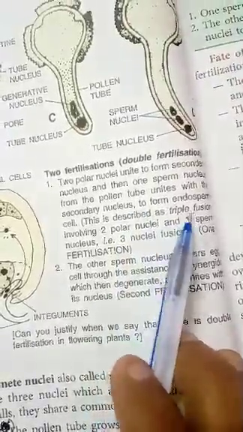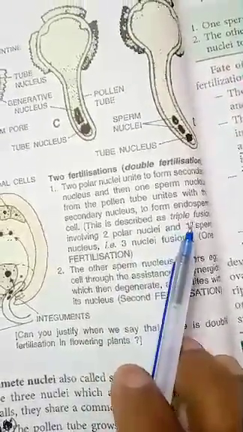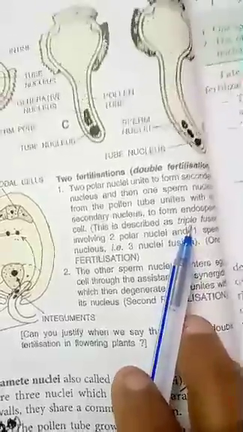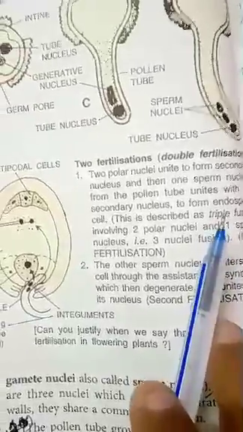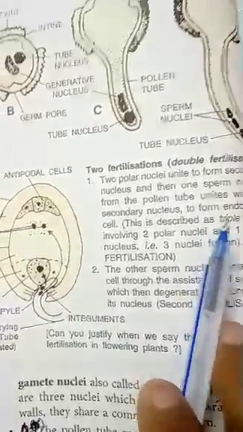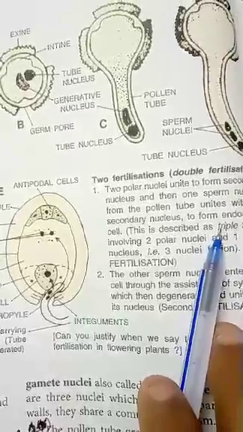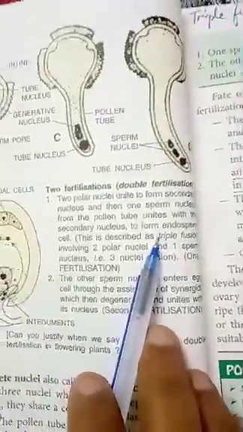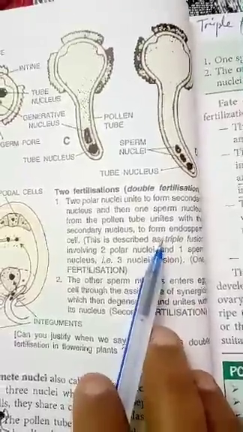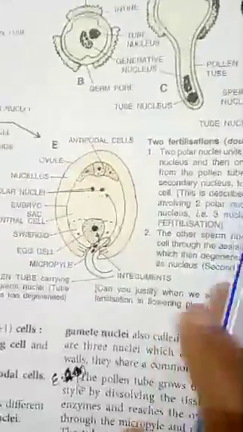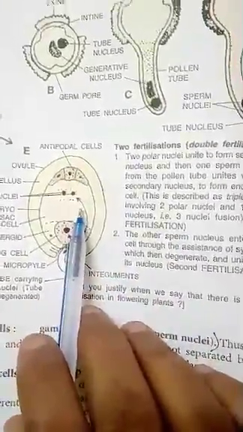You see here the term triple fusion. So what is triple fusion? It is a condition in which the second sperm nucleus fuses with the central cell and forms an endosperm having 3 nuclei, and this results due to double fertilization. Now again one more term comes. What is double fertilization?